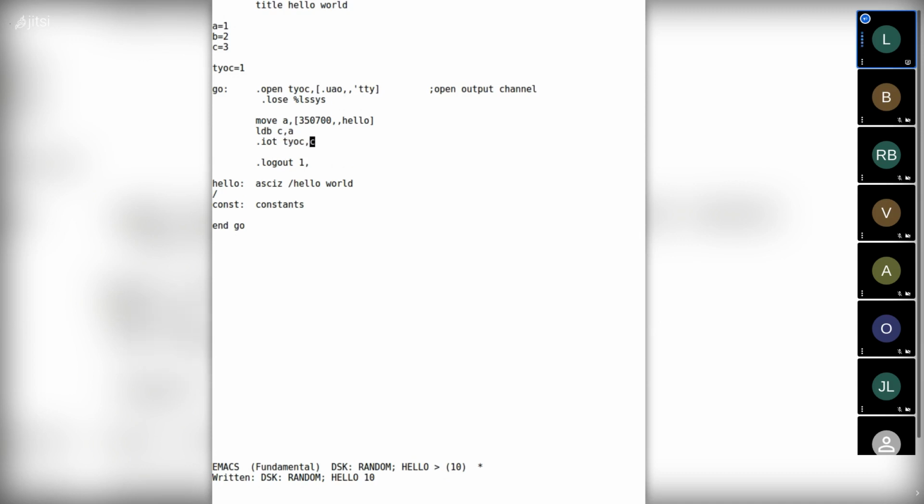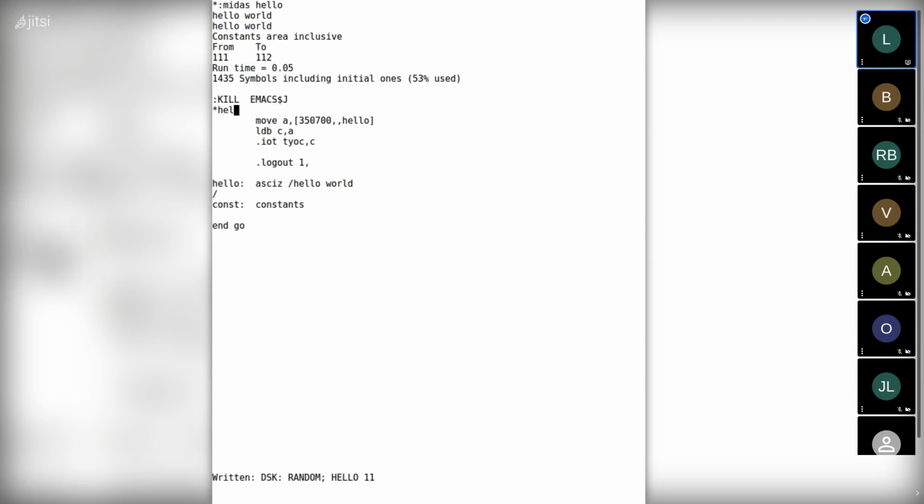We specify the I/O channel, the TTY, and the accumulator that has a character, C. Okay, so this should actually type out something. Okay, so we have that loaded.